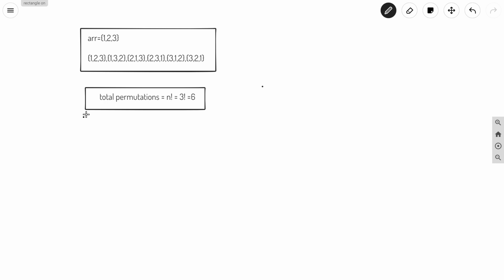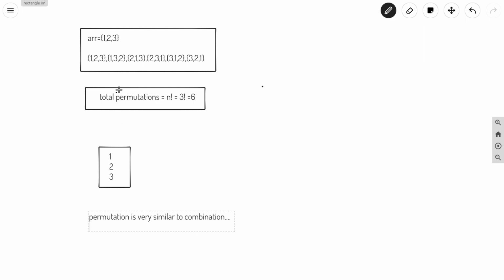Okay, so let us think about the approach for how we can solve this question. You can see that we have initially 1, 2 and 3. It is very similar to the combination question, which we have done. Permutation is very similar to combination. The only difference is that in combination, 1 3 2 and 1 2 3 are considered the same.